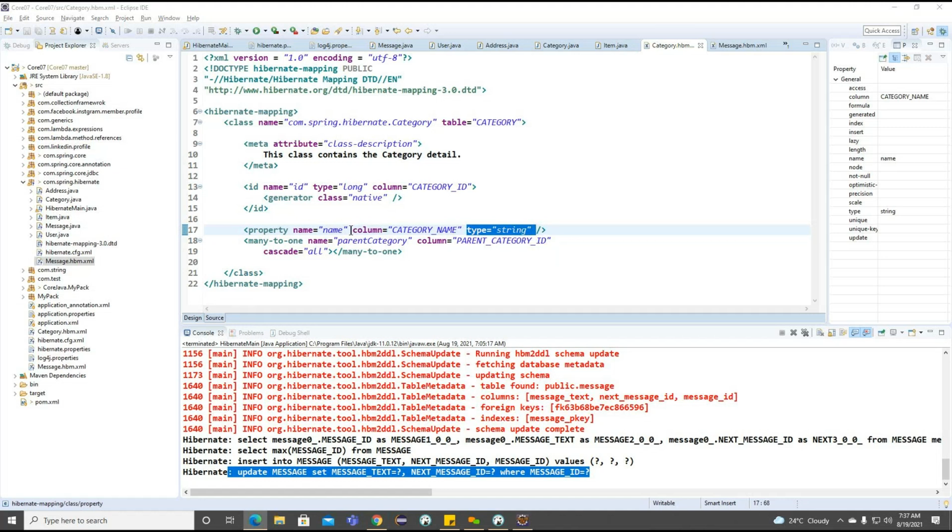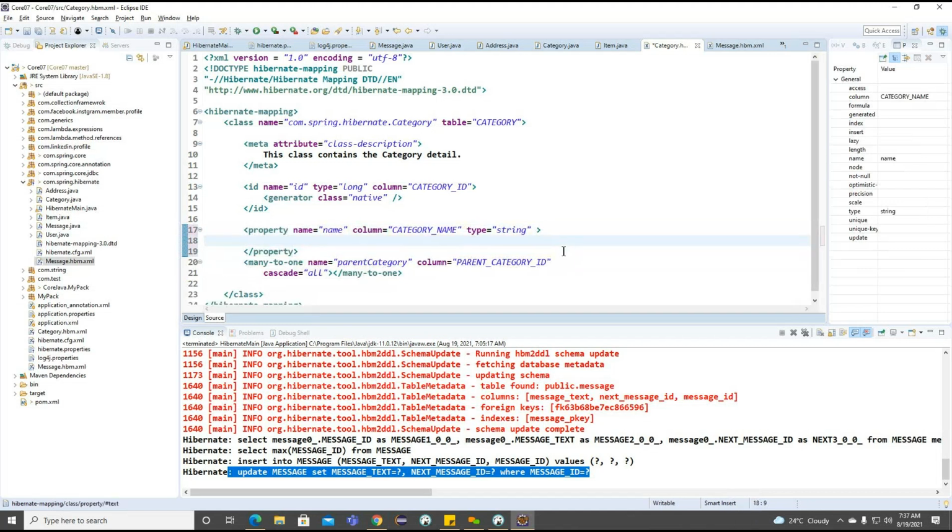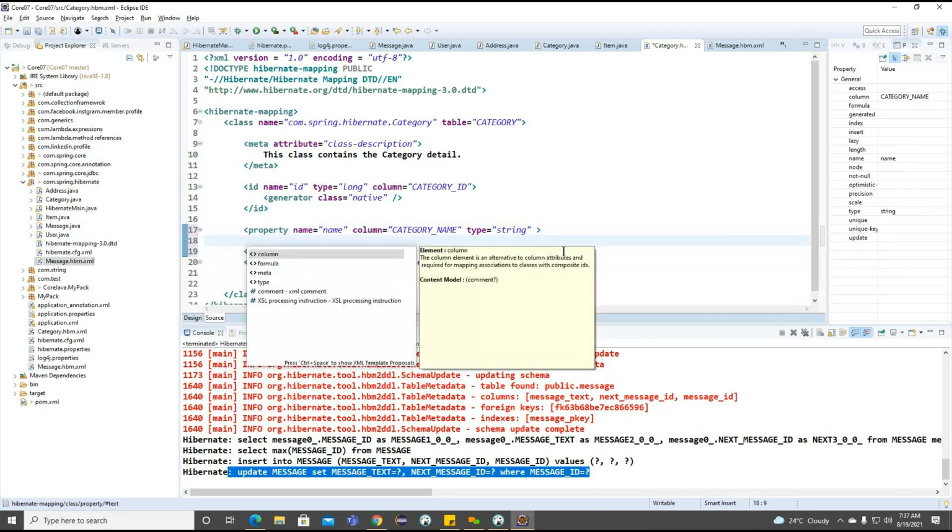And along with this, now what we can do, we'll have the column properties. Instead of writing the column name like this here, we can go for the column properties internally. Now you can see, if I'm trying to specify here, column attributes we are trying to see here.